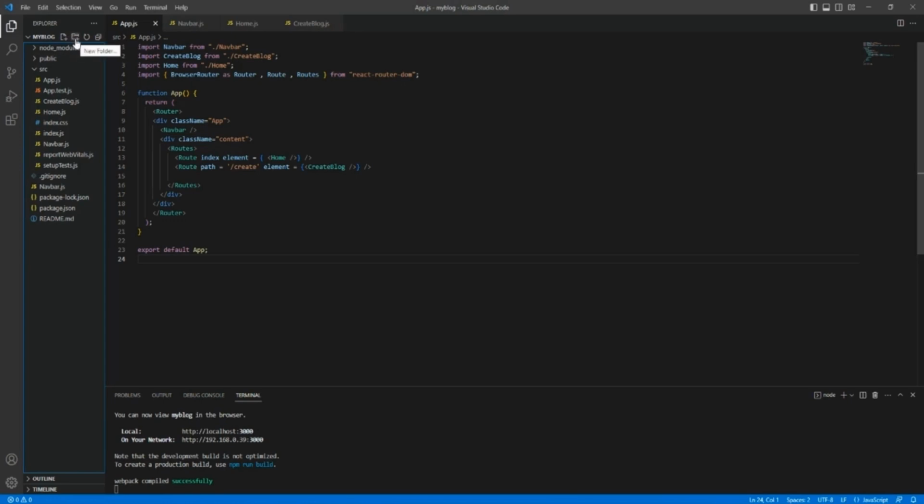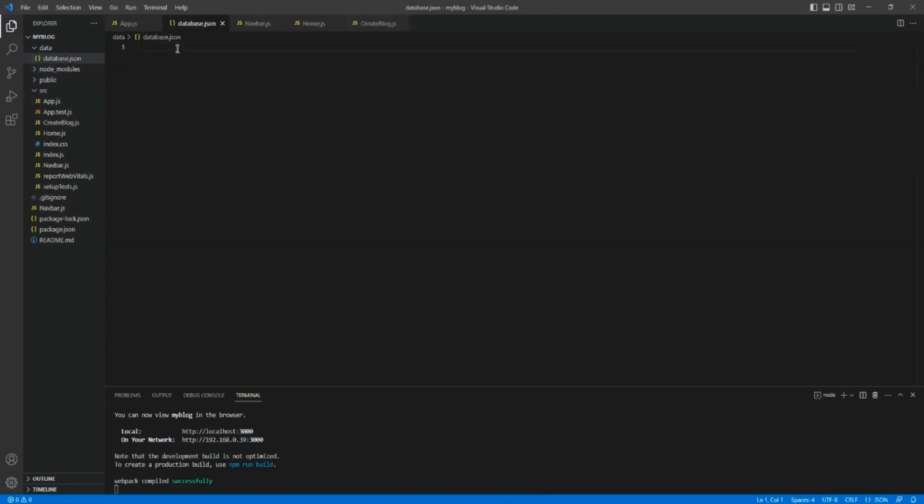Okay, great. So let's first locate the JSON file. I'm just gonna create a folder right here. Data. Inside that, I'm gonna create a file called database dot JSON. Okay, great. So inside here, I'm just gonna copy paste the information, the different blogs, and yeah,